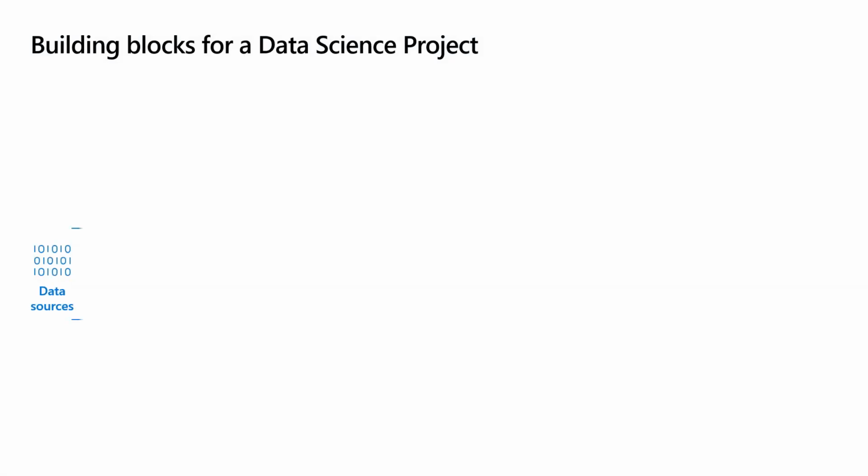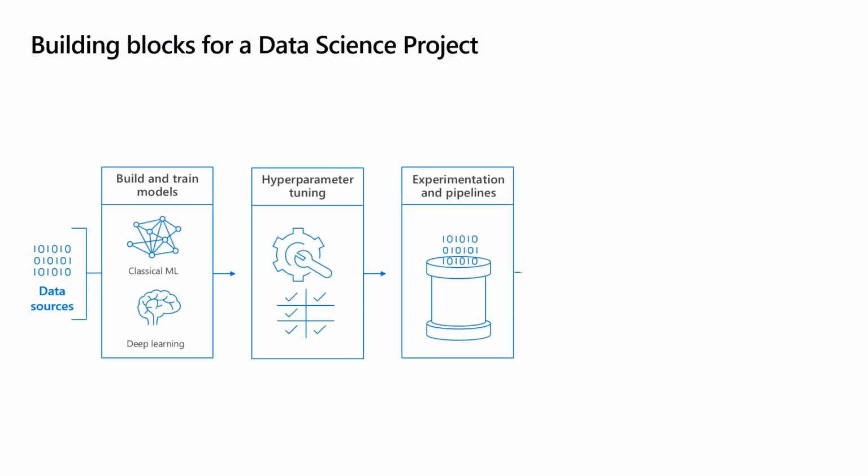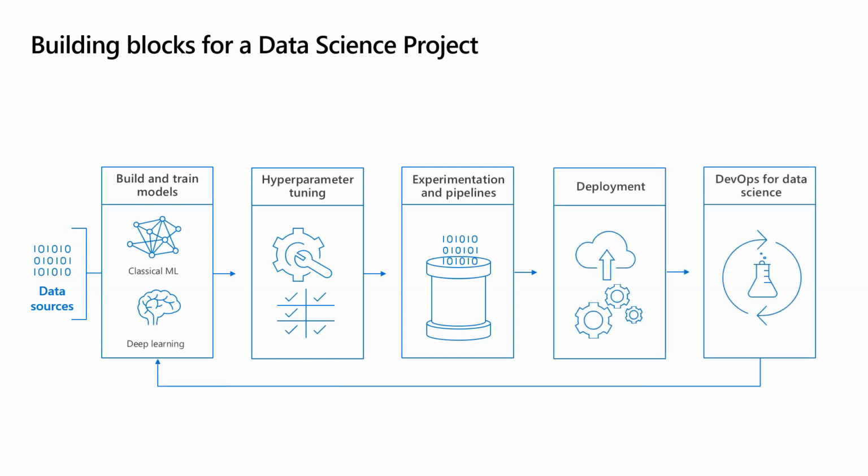All right, so what's the case for automated machine learning? Now this is going to be new slides that you did not see in the last hour. These are the building blocks for a data science project. We often are building training models. Then we do hyperparameter tuning. Every model has these hyperparameters that guide how the algorithm gets to an answer. Then you also have experimentation and pipelines. You have deployment. And then on the right side, DevOps. So cool now with Azure DevOps, which is the renamed Azure service, to be able to deploy models at scale. Full CI/CD pipeline on the right. But today we are talking about just the model